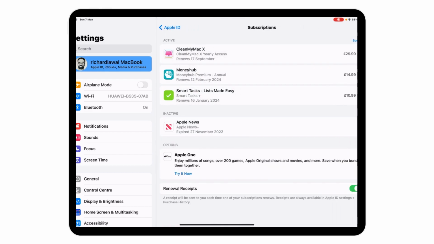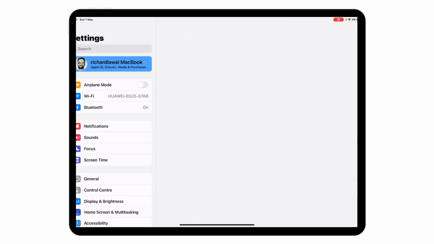Right, the first three are the active subscriptions on this device. And if you look below, you can see that Apple News is inactive. If you want to cancel any of these active subscriptions, just tap on it